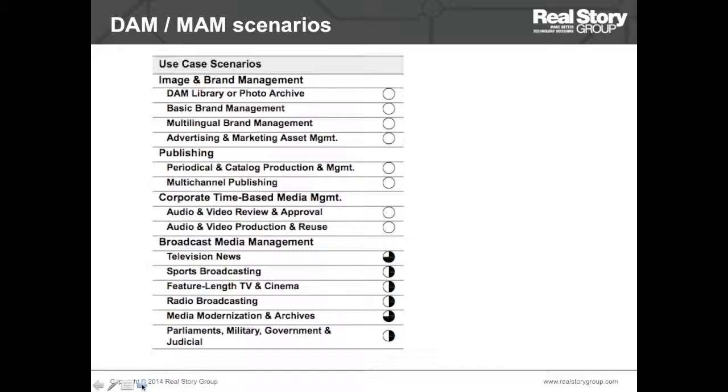With these particular technologies, we're really going back to kind of old school publishing in many ways, or just having a library to manage your images. And then there's a whole world that's around video management. So there's a pretty long list of scenarios here because DAM and MAM tools, many of them have been around for 20, even 25 years to support broadcasting, to support catalog production, and to support old school just brochure creation